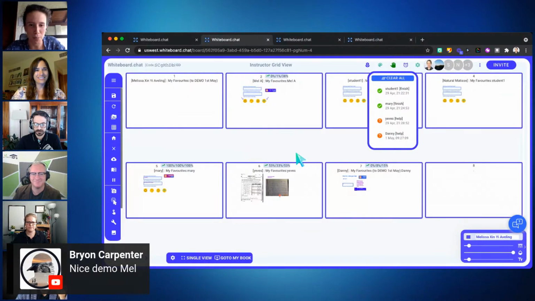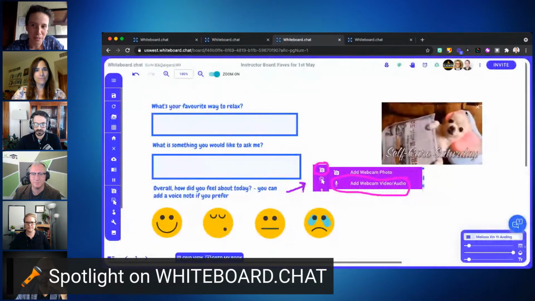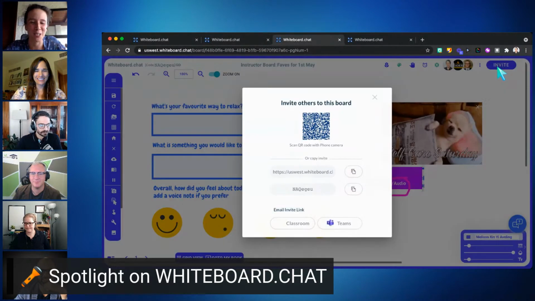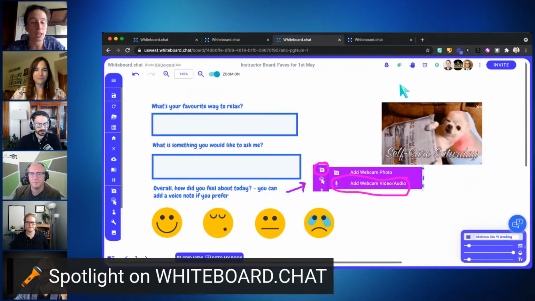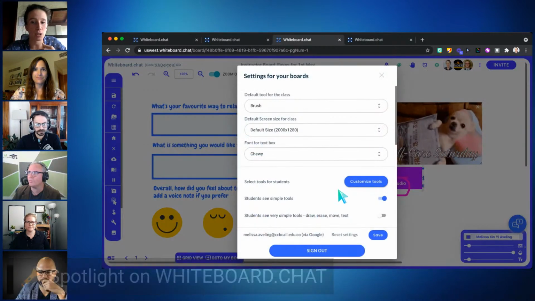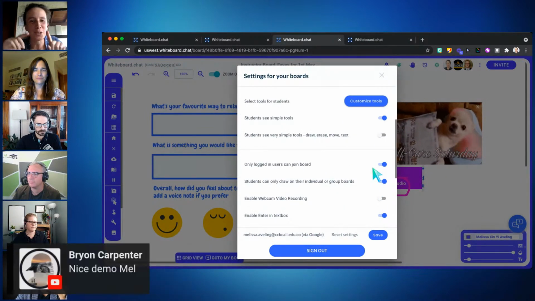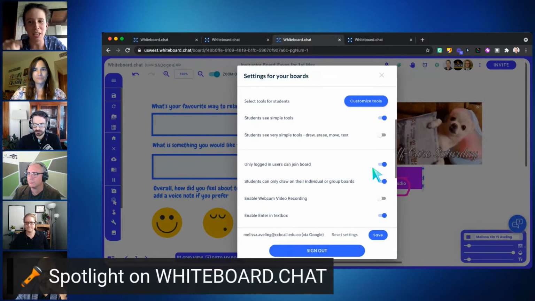But I can make group boards. I don't know if we have time, but I'd love to link this one. Oh, some people are in here. When you invite, you can just copy the link and decide whether you want students to log in or not. It's all free. Whiteboard.chat is directly in the browser, and in my settings I can see if I want students to log in or not. Usually I ask them to log in because if you have students with the same name and you don't click that, for example, we have 2 Tims here,